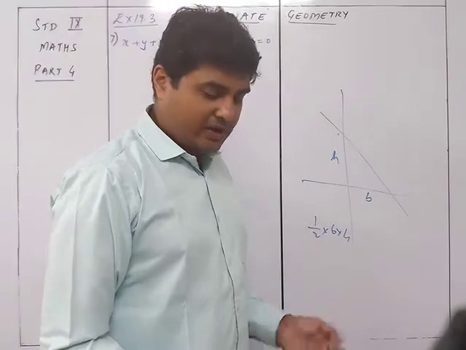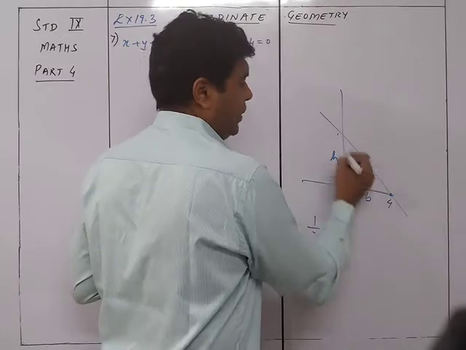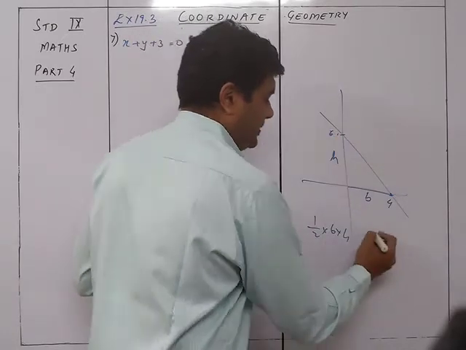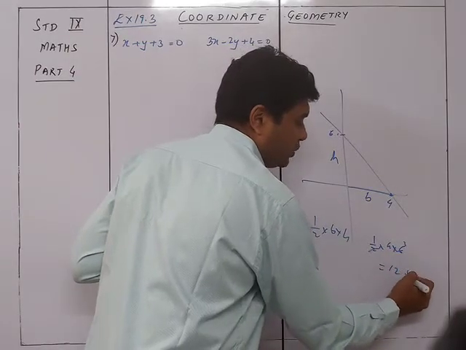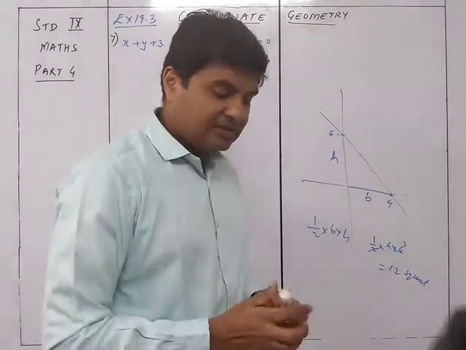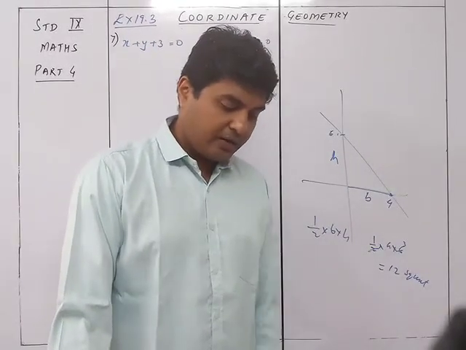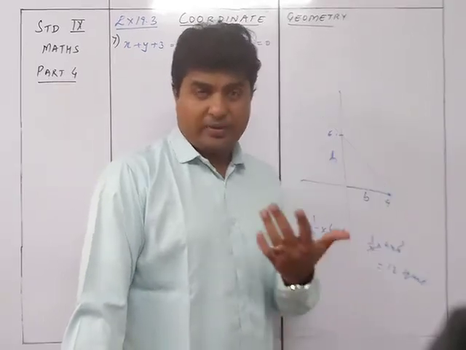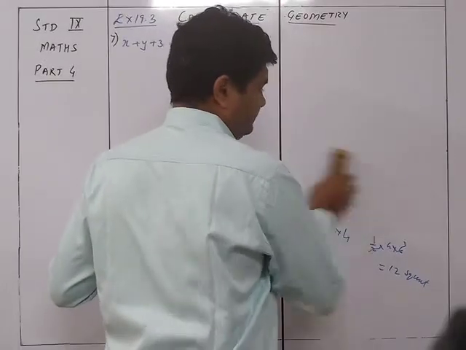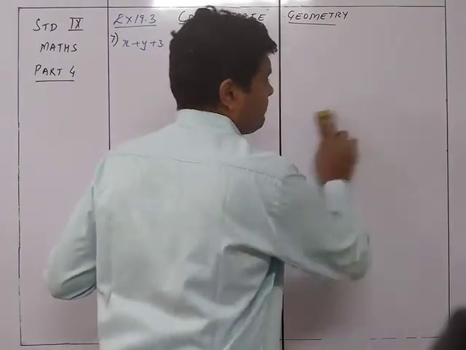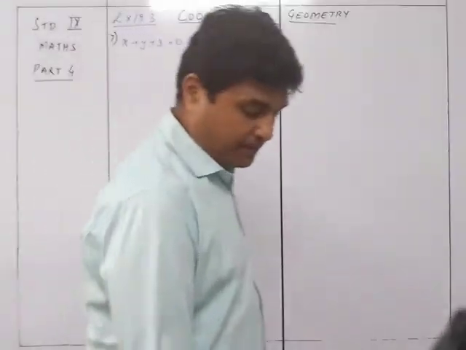So for the area of the triangle, you are going to take, suppose this distance over here from this point, say it is 4, and this point is 6, so automatically it will be half into 4 into 6, that will be equal to 12 square units. So this is in exercise 19.2 sum number 3 and also sum number 4. They have given you this particular kind of question where I missed out when I did that sum. So anyway, you can note it down right now, and we continue now with the sum number 7 of exercise 19.3.